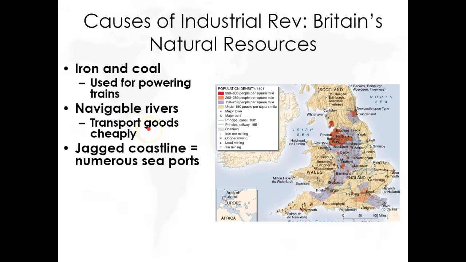Also, Britain is a small country. It's an island country. And they're going to need to import a lot of raw material. Like if they're going to make cotton textiles, you can't grow cotton in Britain. So they're going to use their colonies in India, import the raw cotton fiber to their ports. And Britain has a lot of ports because their coastline is very jagged, as you can see. And then they can turn it into textiles, cloth, and then they can export it, sell it back to their colonies. So having a lot of ports because of that jagged coastline, really, really important for Britain.